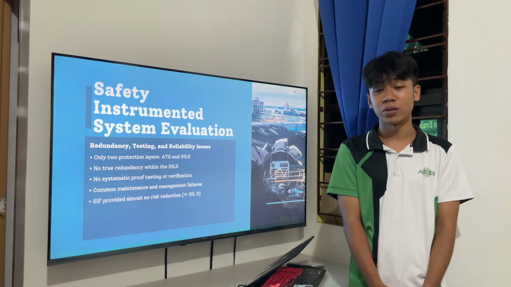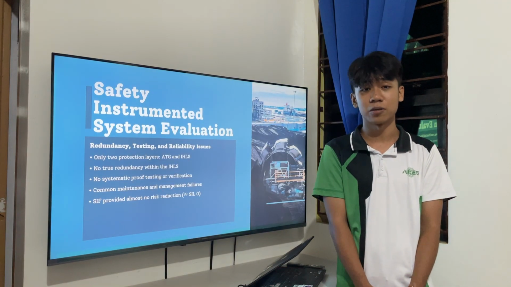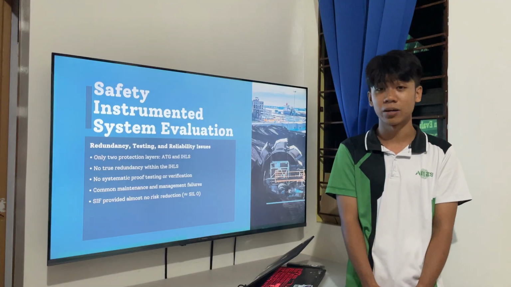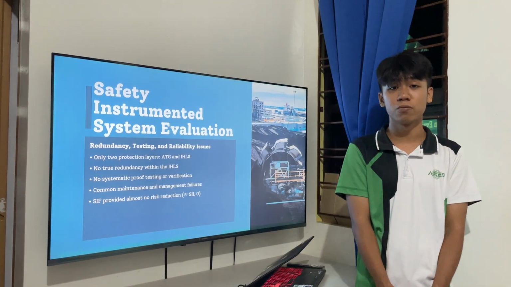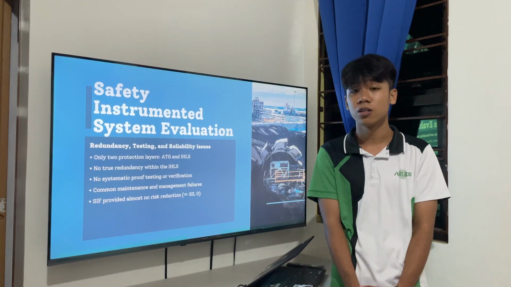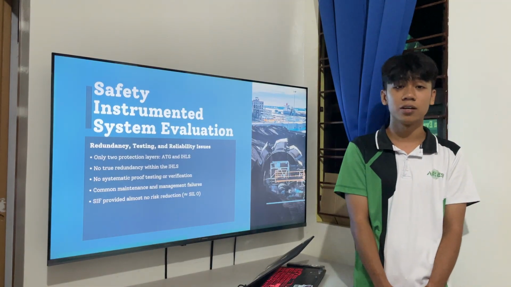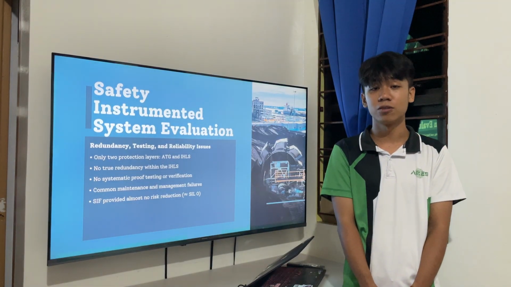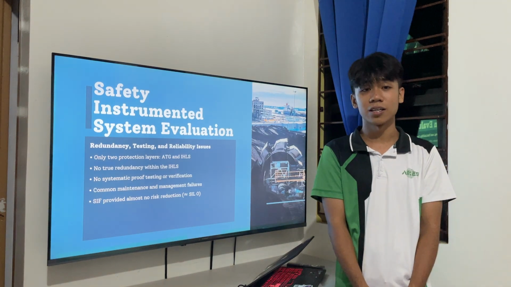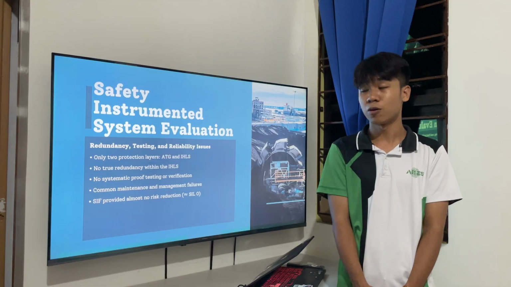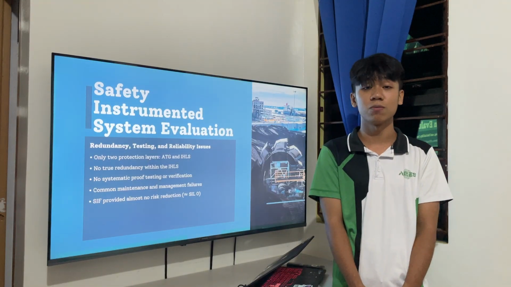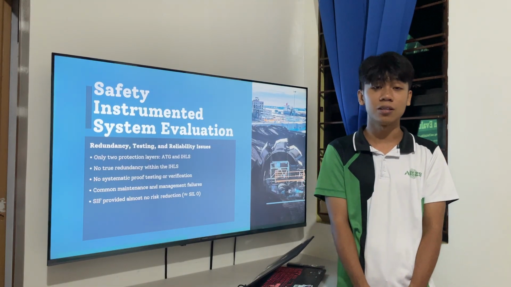The testing and verification of the IHLS were also inadequate. Proper proof testing was not carried out, meaning hidden faults were not detected. Operators assumed the overfill protection was working when it was not. When the high-level event occurred, the IHLS failed to operate, providing no risk reduction, although designed as a high-integrity safeguard. Its actual performance was effectively equivalent to SIL 0, or Safety Integrity Level 0.